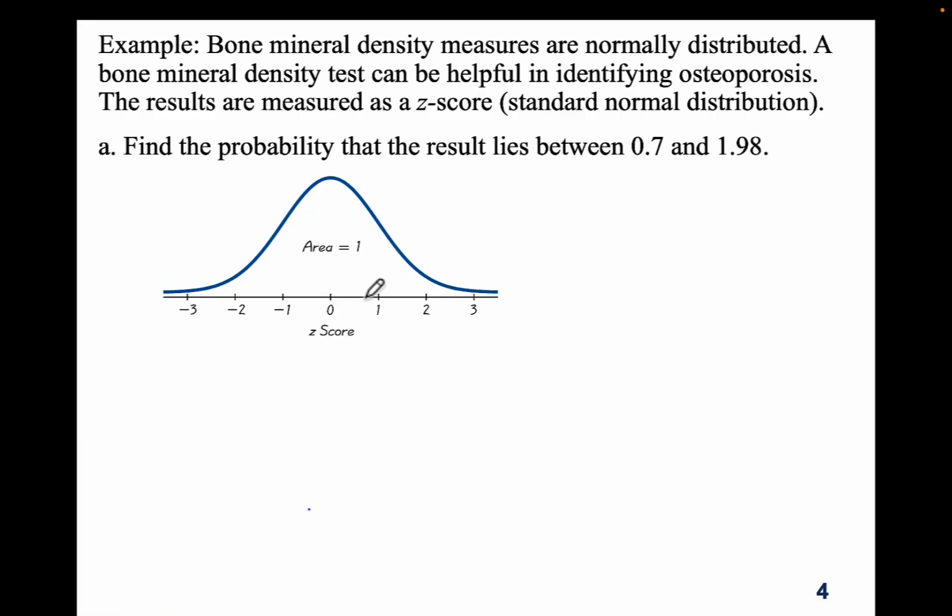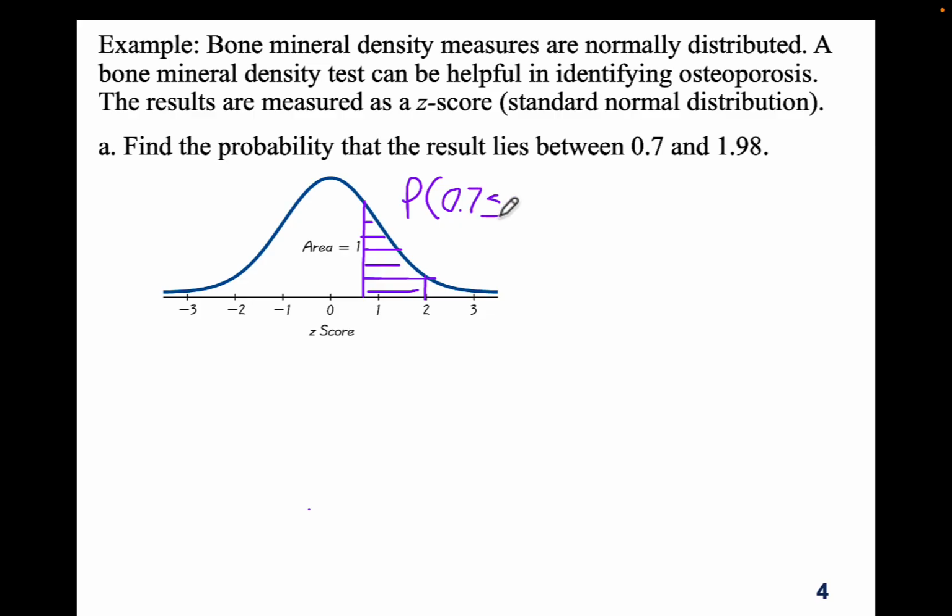0.7 is about right here. It's between 0 and 1. 1.98 is really, really close to 2. And we're asked the probability between. So the notation for that is capital P, open parentheses, 0.7,